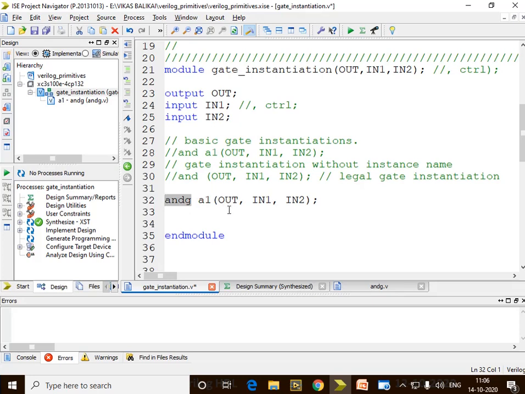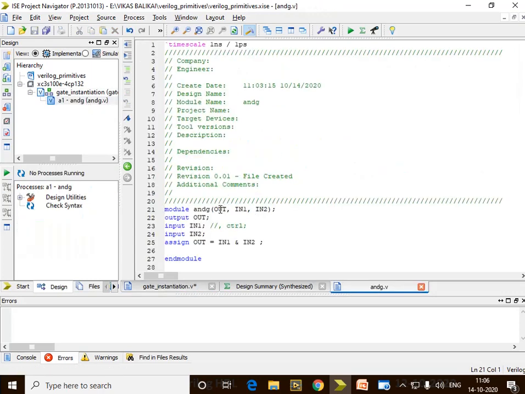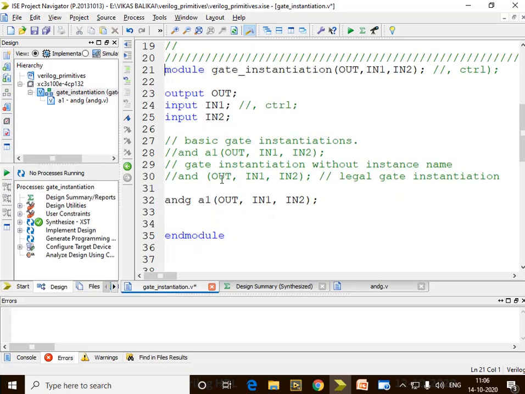What are the main inputs that I am passing in this program? I am passing the first term as out, and the next two terms as in. These will be mapped to the first term and the two following terms. Remember, I can write any other terms over here, not necessarily the same terms.